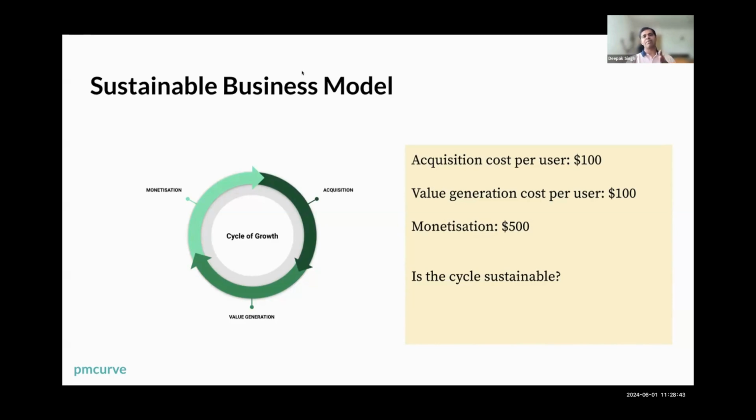Retention, of course, but I can have this cycle sustainable without retention. Like the courses I build, they have retention, but it's not like I have daily, weekly, monthly retention. It's basically people pay me upfront and then they take the courses. So I don't have retention because it's an infrequent product that I'm building. But still, if I'm telling you that I have a very healthy profit after tax, PAT, is my cycle sustainable? The answer is yes, right? So gross profit determines whether a cycle is sustainable or not. But what else? Gross profit means that your company can survive for sure.